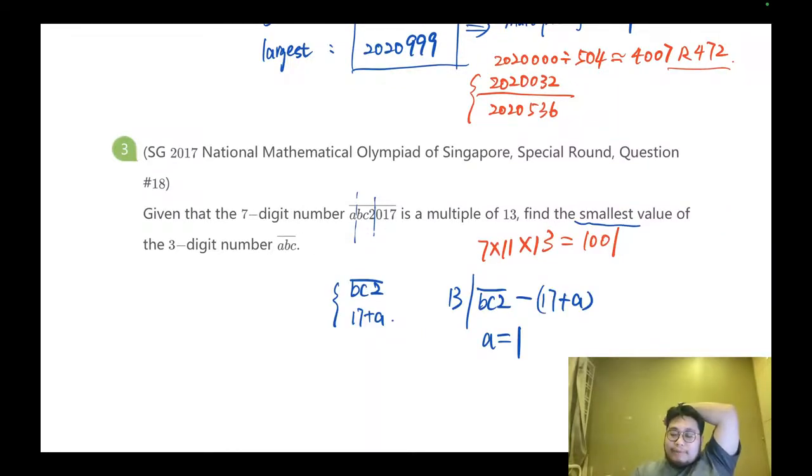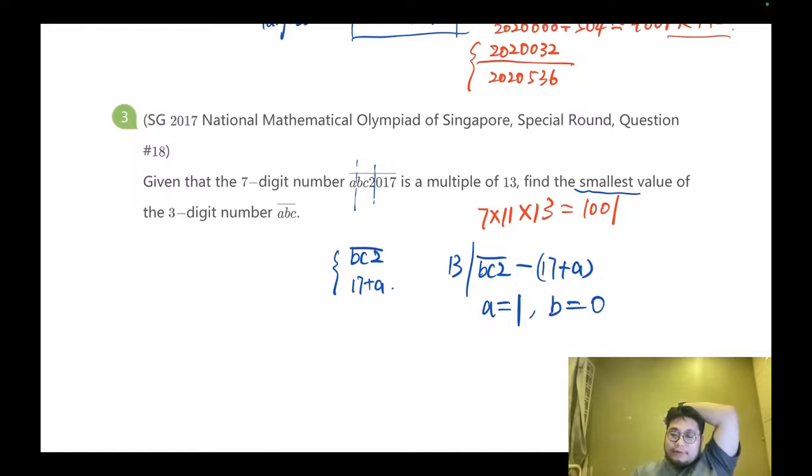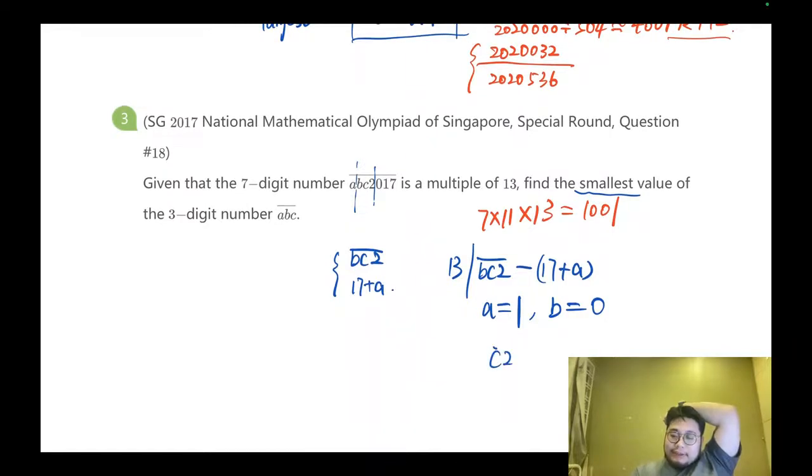Okay, so we just check one by one. For example, A equals 1 and B equals 1 is the smallest, or maybe B equals 0. So you can find out actually C2 minus 18 should be the multiple of 13. So obviously, maybe you can just try. Is it possible the difference is the multiple of 13? You can try. So this one equals 13K. That means C2,